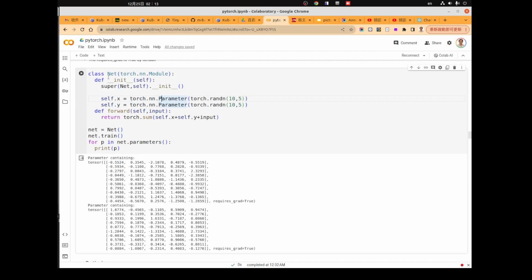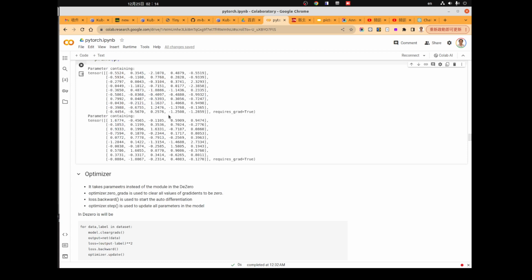Here we define a module, and in the module we create some parameters. Then we define a forward function which can be used to construct the computational graph by using the input variable.